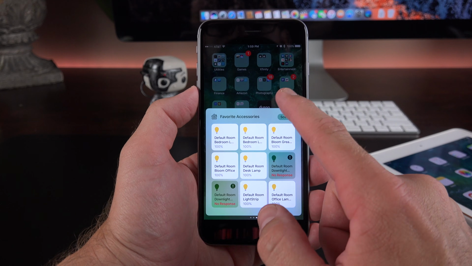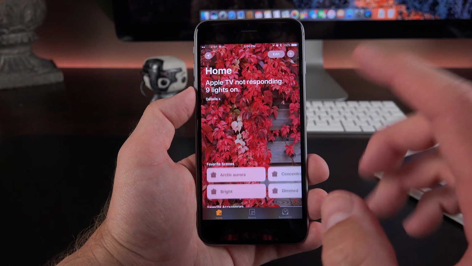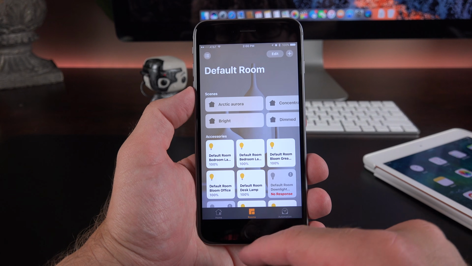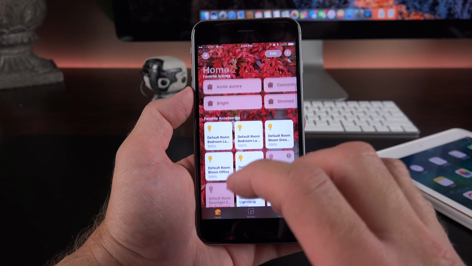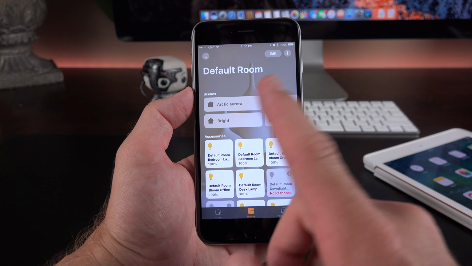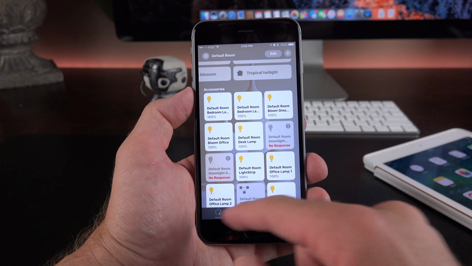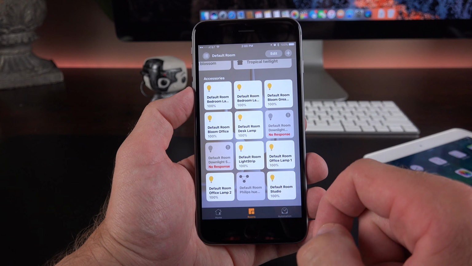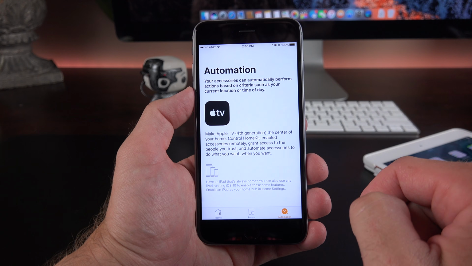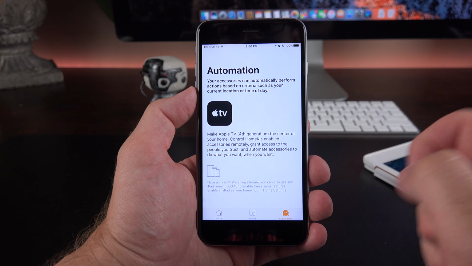Now, all of this is a widget for the HomeKit app, which is now installed with iOS 10. So again, this allows you to control all the devices on your HomeKit network. So right now, again, this is just light bulbs, but if you saw your thermostat, your garage door opener, your cameras or whatever, you'd see them all here. So I can see my different scenes in the case of my lighting. I can see all the accessories down below, which I can quickly turn on and off. And then we have automation, which is controlled via the Apple TV as a secure network hub for all your